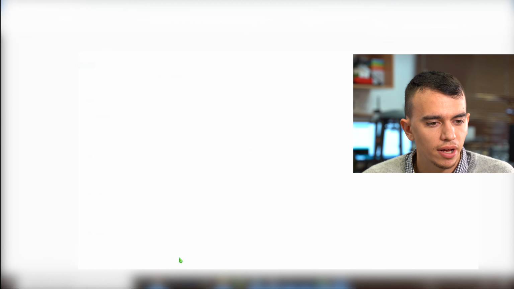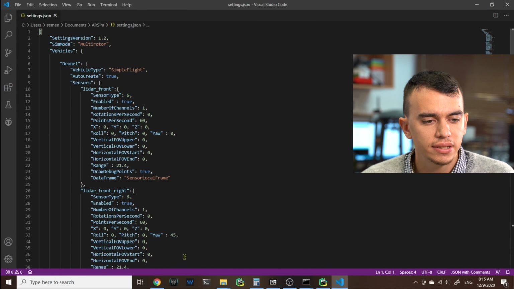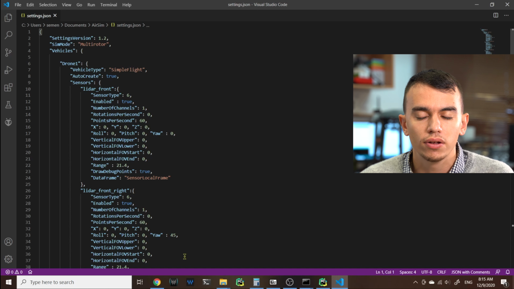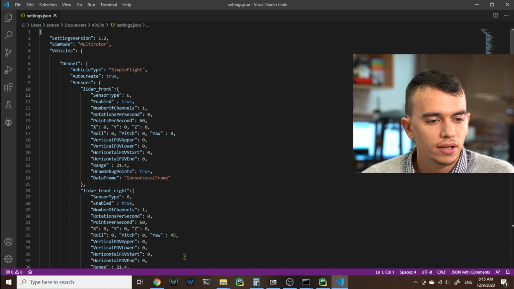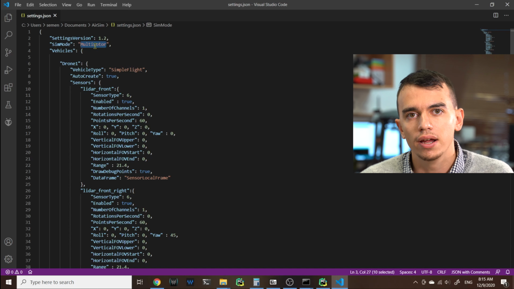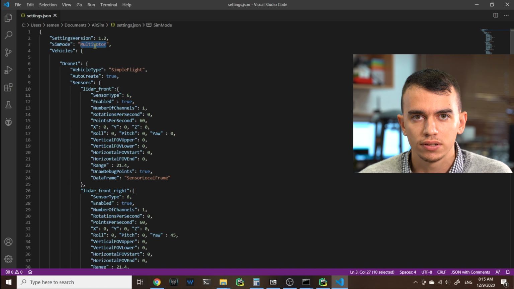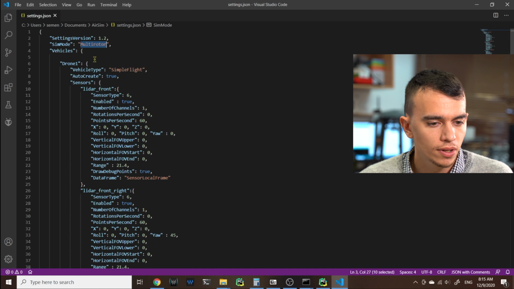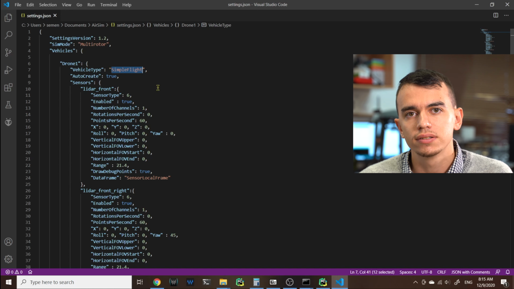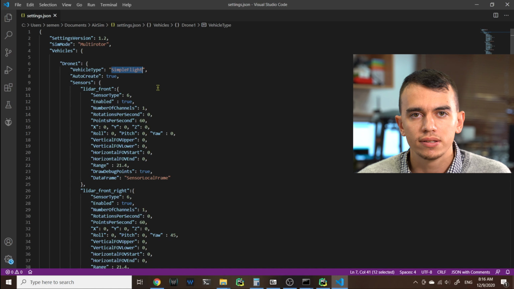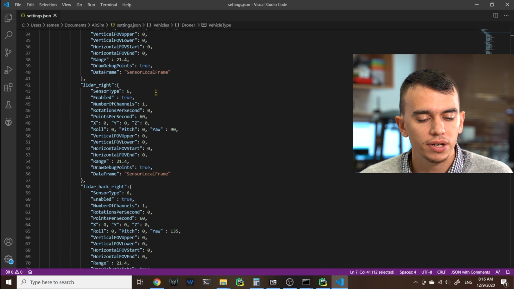In the settings.json we have a lot of settings that are related to the AirSim simulator and not to the Python code. We have the multirotor here that indicates that we're going to use a drone and not a car, because AirSim supports cars also. Okay, so we have all the LiDARs and range sensors settings here, where to put them, where to place them, what angle the range is going to look at. And for short, we're going to call them from now on rangers.